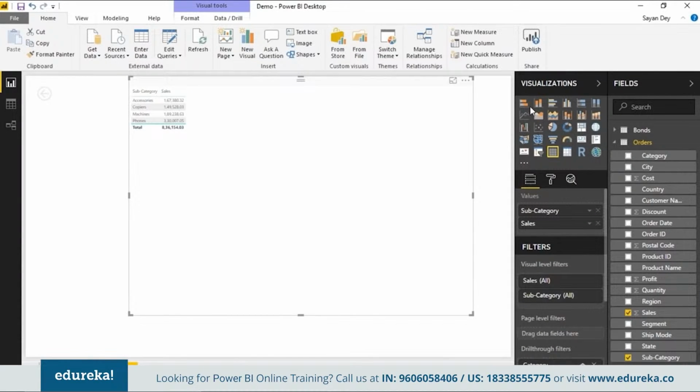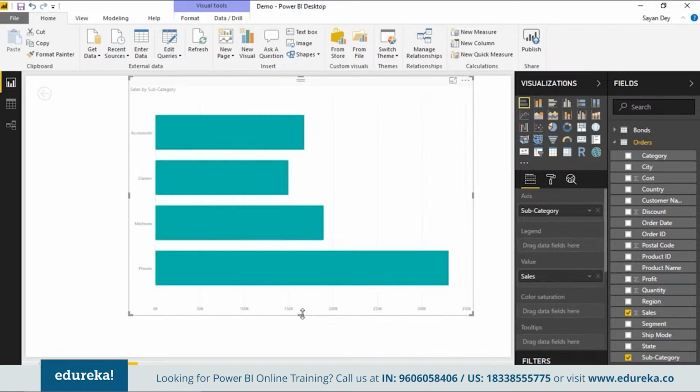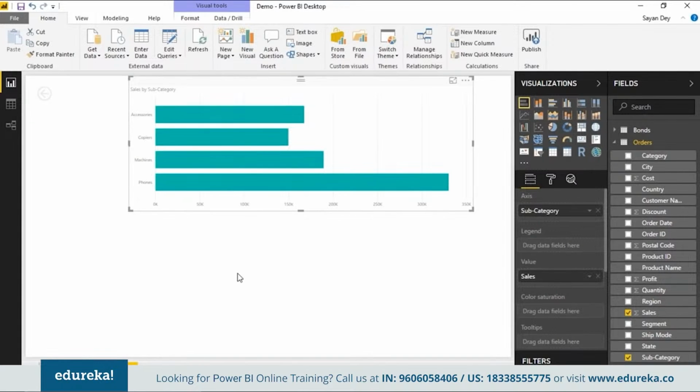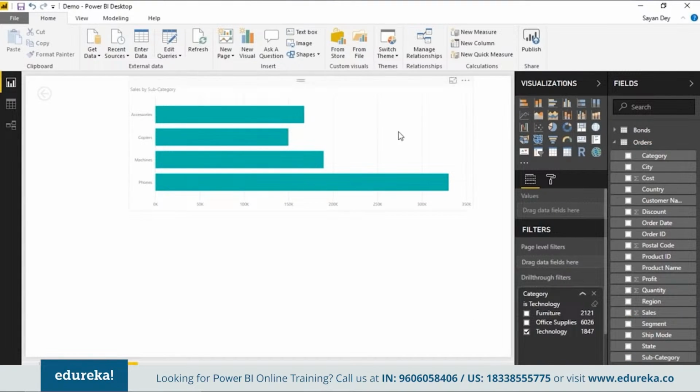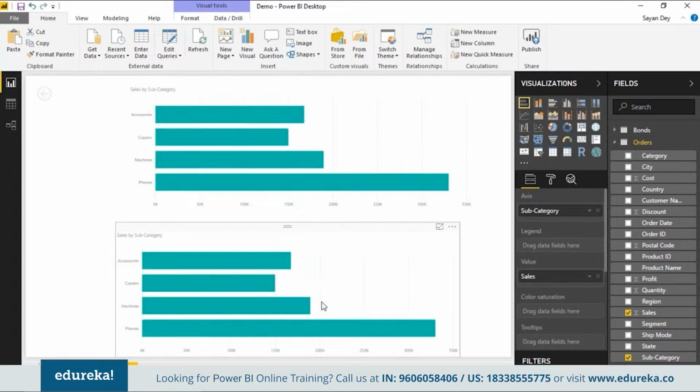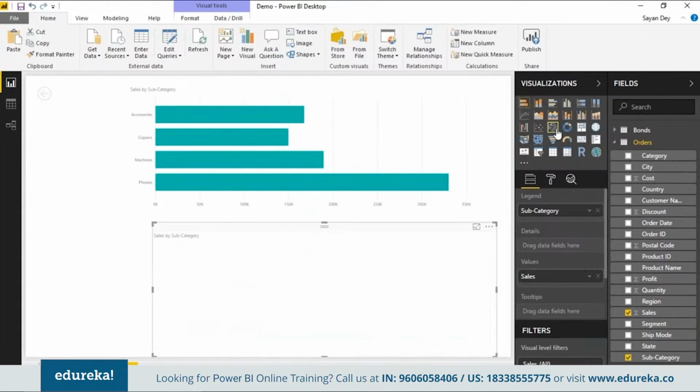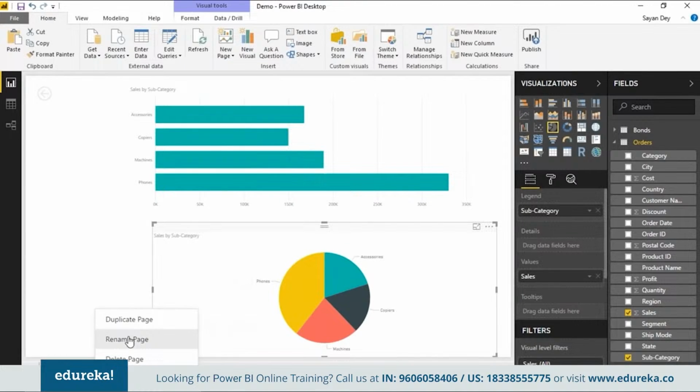This could even be a bar chart. I'm just giving a table as an example, but this could be any kind of visual. It could be one visual, it could be multiple visuals. You could also have a pie chart here. I can do a Control C, Control V and build a pie chart here. But remember, the concept is that whatever subcategories you see, I'll call this a subcategory page, and that is basically my initial category page.